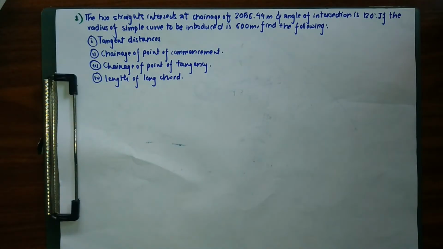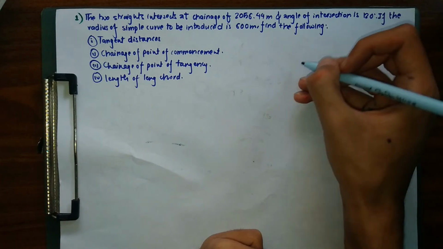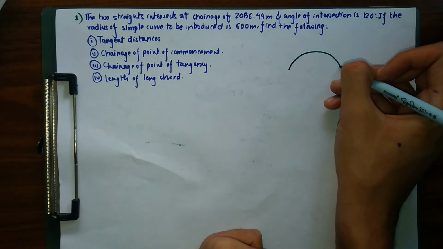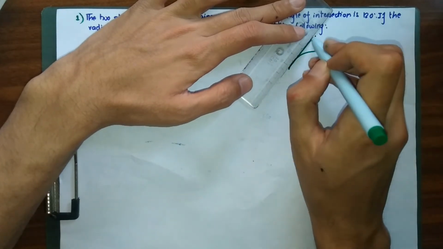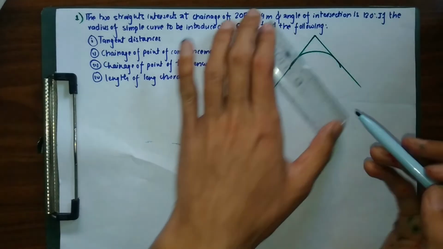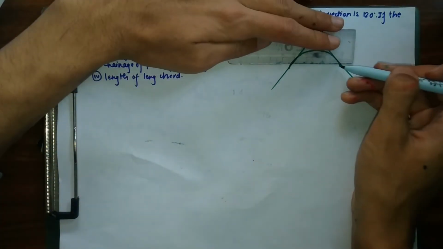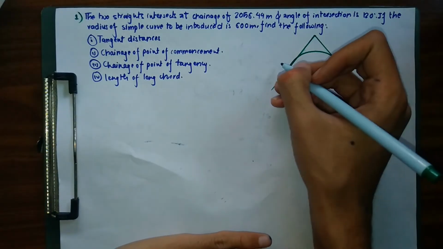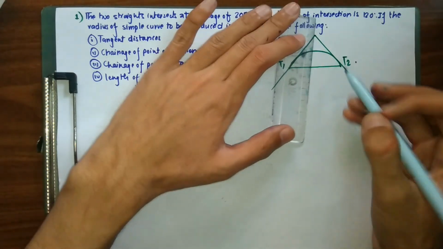So we haven't been given any figure over here, so let me firstly draw the figure. So our figure will look like this. So firstly we are going to draw a simple circular curve. So I'm going to draw the figure roughly. So let me draw a simple circular curve in this way, and we are going to have our first back tangent over here, and it's going to be our forward tangent. So let me draw my radius as well. So let me draw my long chord. So my long chord, my point T1, point T2, and we have